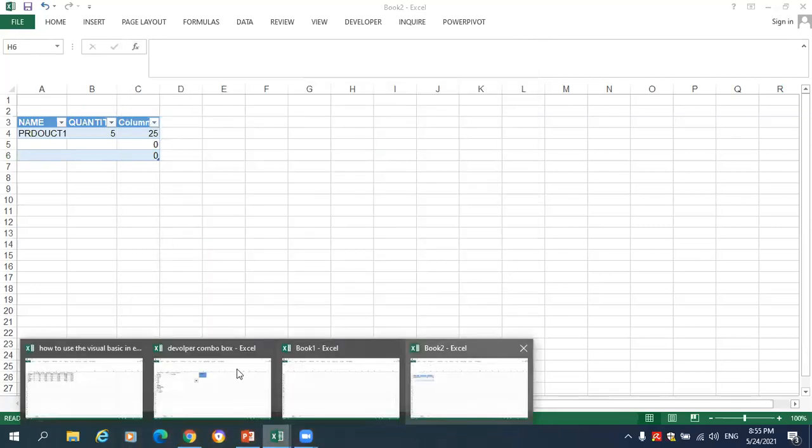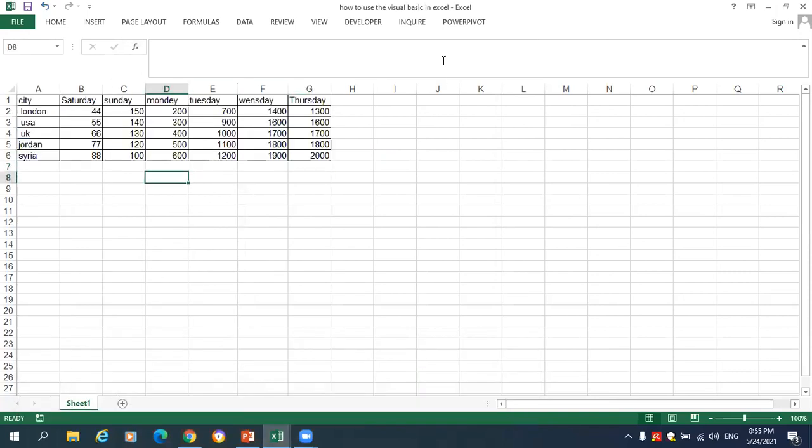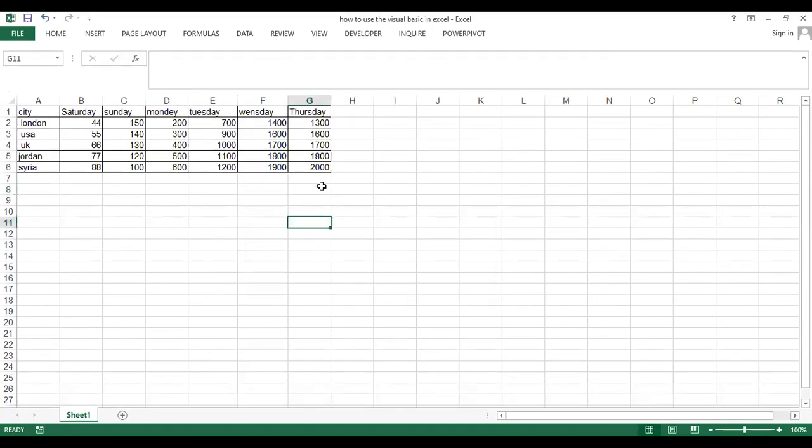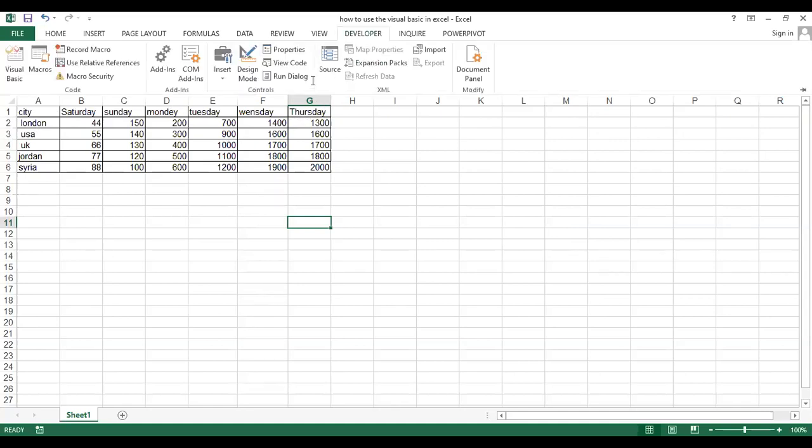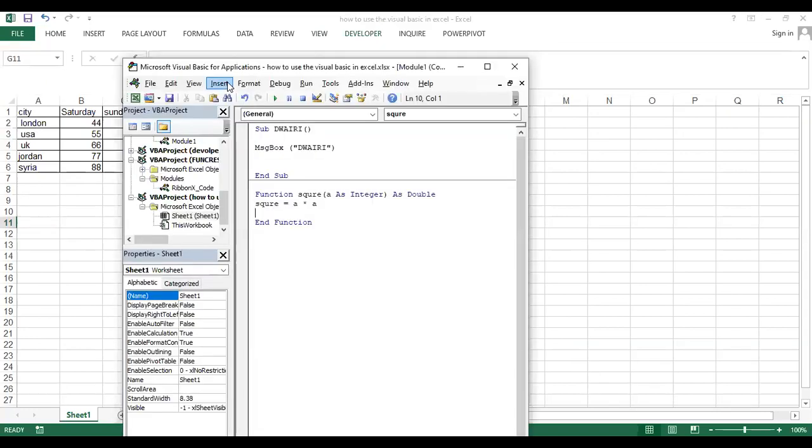If we go to this table, this table shows cities, and these are the dates, and I want to make programming on the Visual Basic to change the date, the name in French for the city and for the date by going to the developer, Visual Basic, insert